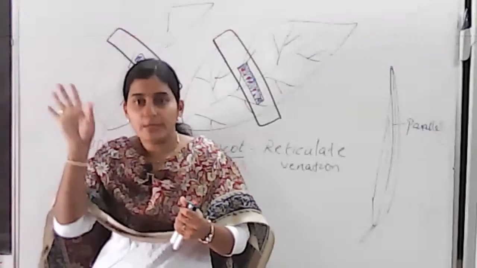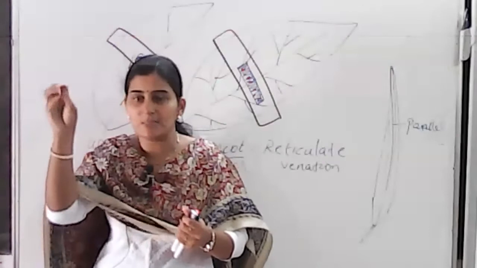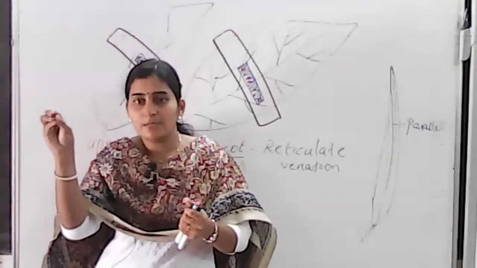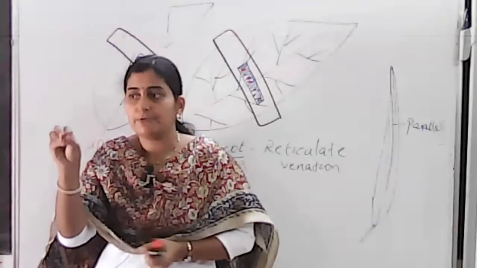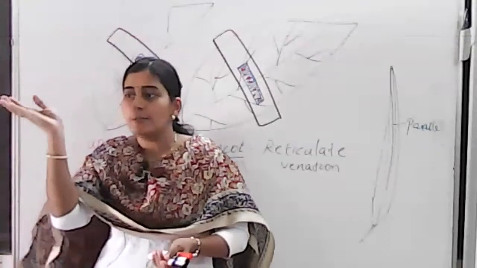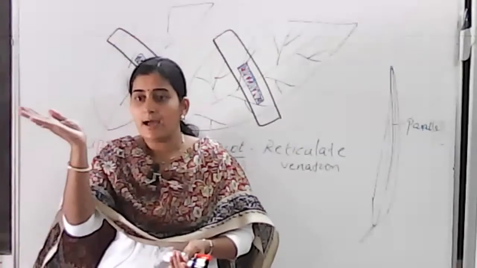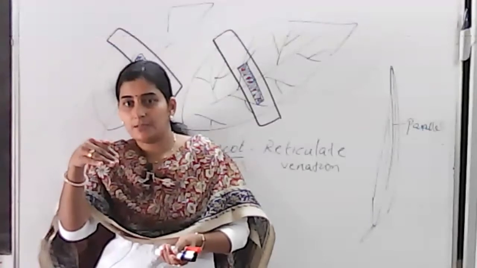And when it reaches the leaf, you can see the xylem vessel is there, isn't it? That means it is just transporting water from the xylem vessel towards leaf. So when it reaches the leaf, from that xylem vessel, you can see some arrow marks are shown towards the palisade mesophyll as well as the spongy mesophyll region. Do you see it?